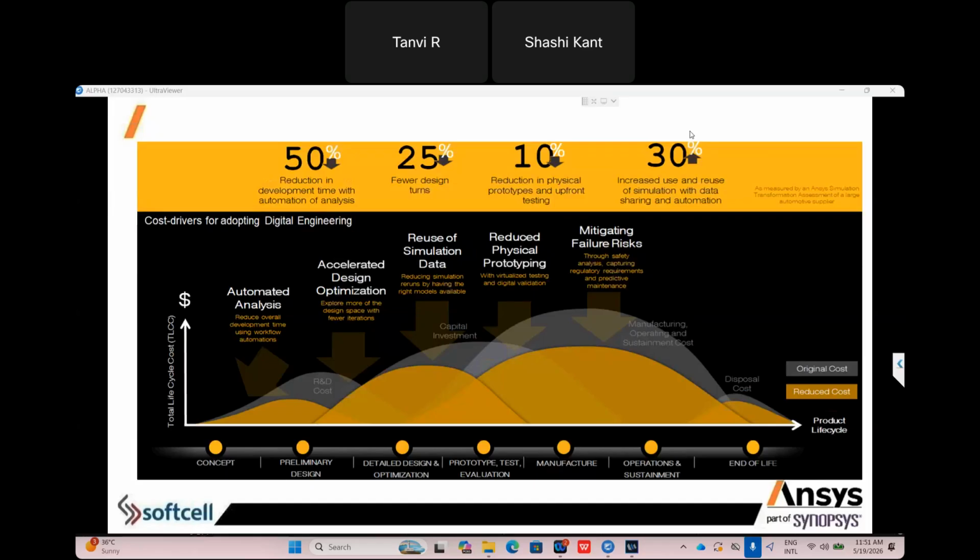As I have worked with multiple industries, eVTOL industries, I have seen these types of trends. The original cost was there, you can see in yellow horizontally, and you will see the cost required. The reduced cost is happening. How much? Approximately, before using virtual simulation, they are investing so much time and so much money. Once they acquired Ansys solutions, or through collaboration with Softcell and Ansys, we are helping them implement the simulation virtually, and they are reducing cost by 30 to 40%.